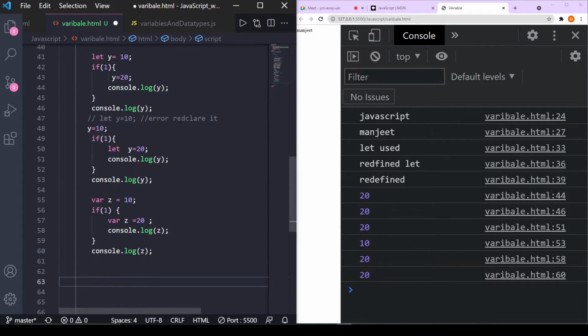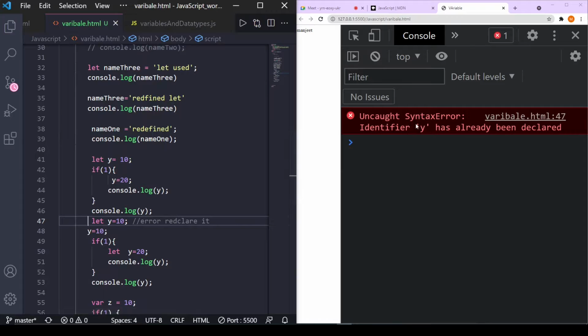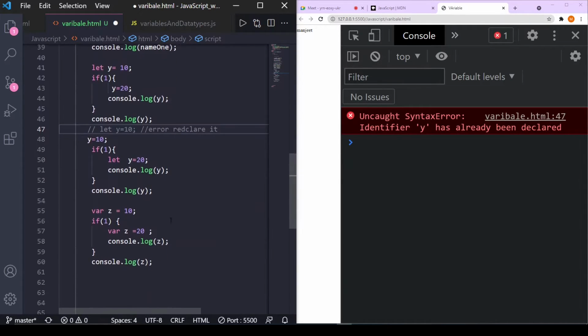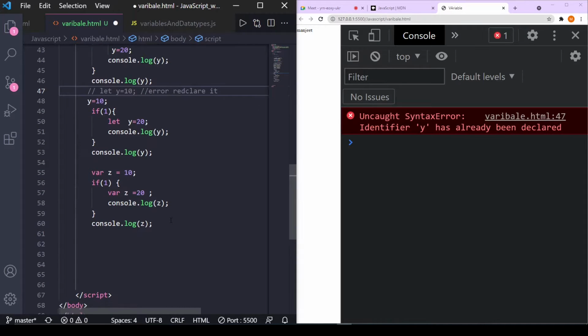You can see the error just before for let: identifier y has already been declared. By seeing this error, we can understand that we are redeclaring it, and we can check our code to find where we made the mistake. So make this console your best friend while doing any course. The same goes for any coding language like C, C++, or anything. We can use it anywhere.